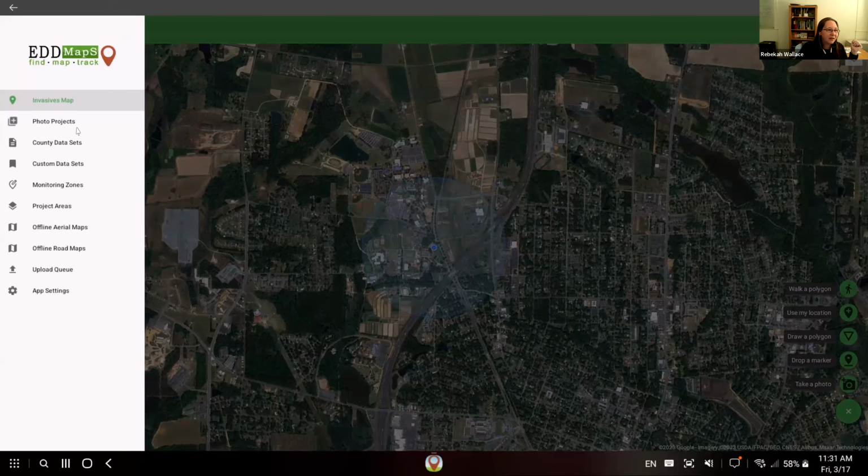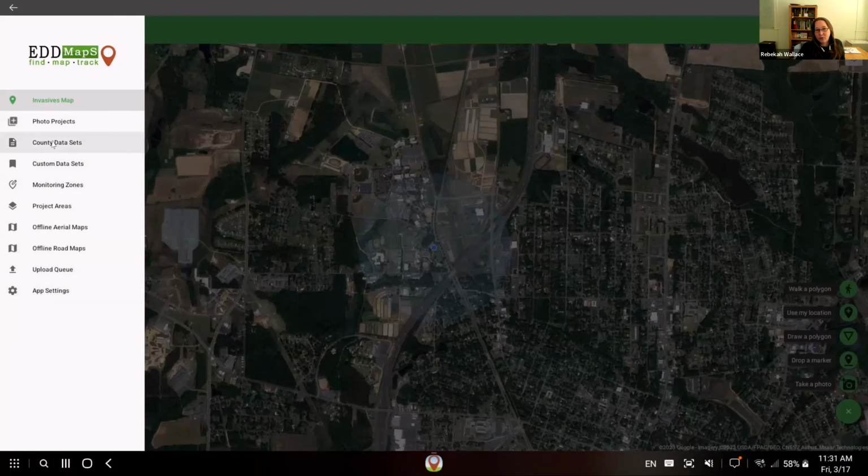In the top left, there is a menu for interacting with your photo projects, your county data sets, your custom data sets, and so on and so forth. Again, the project areas will be named to like My Boundaries. Downloading background maps if you're in an area with no cell service. That's where your upload queue and additional settings exist.